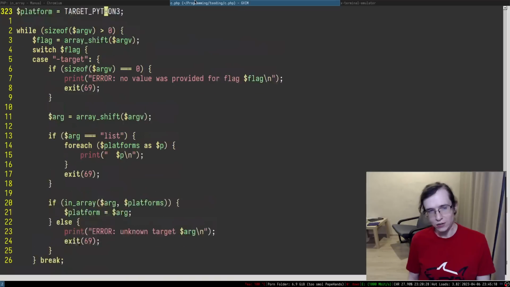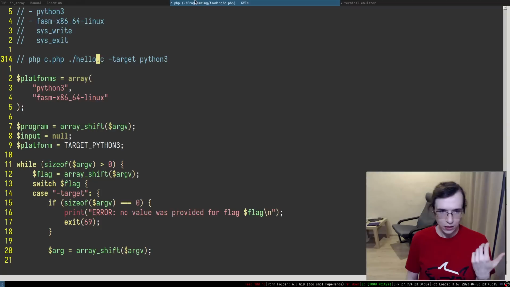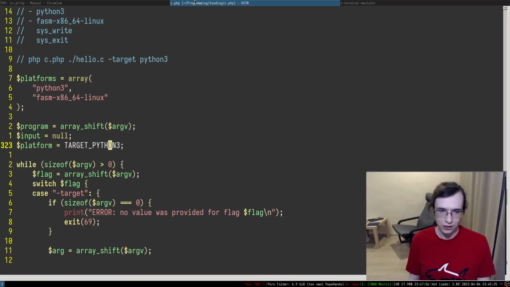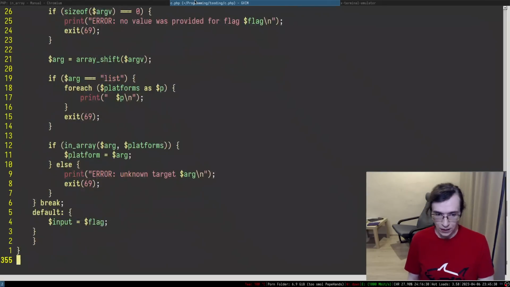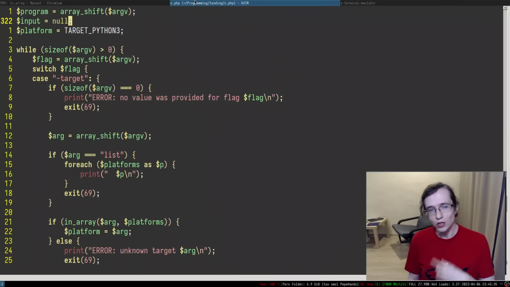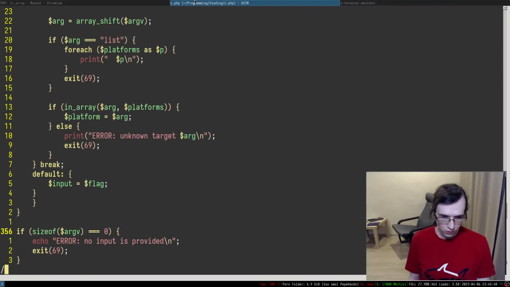Essentially, that way we can handle the input of the compiler and the target flag independently of their order, right? If the target flag comes first, we first handle the target flag, and then we handle the input, and vice versa. And how are we going to check that the input was not provided? We initially set input to null, which means that if after this entire loop the input is null, right?